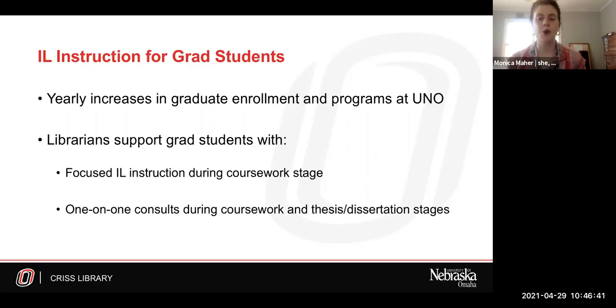We also offer one-on-one research consultations in which we further discuss students' research and are able to delve deeper into these interrogative prompts that we have shared during our instruction sessions, or any new prompts that might now be more relevant to students as they get started on their theses or dissertations. Many times, the faculty will request that students meet with librarians one-on-one before they begin a thesis or a dissertation too.